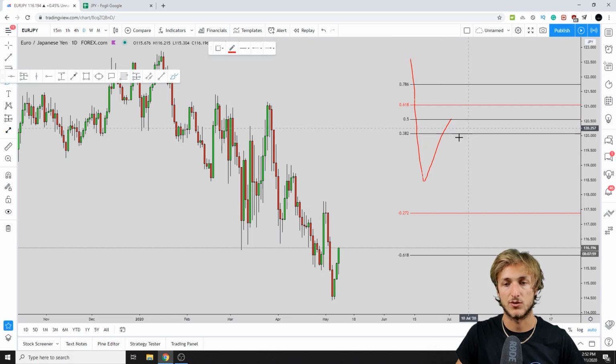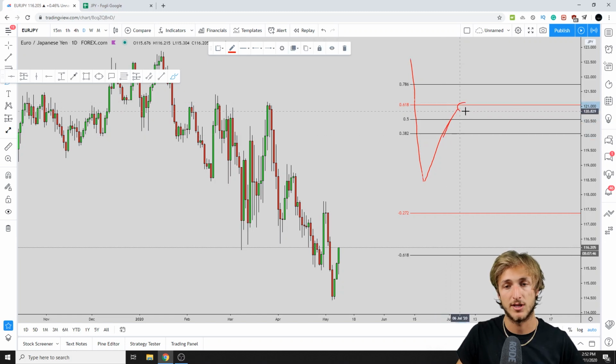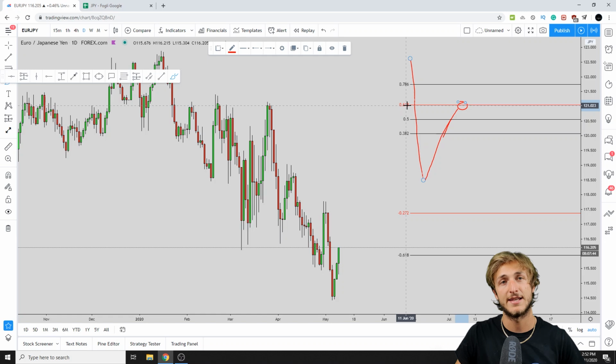And what you expect is a retracement to at least the 0.382 Fibonacci retracement level. This is the first level that you expect the market to retrace to. And the best one would actually be the 0.618, because that is basically the golden ratio,